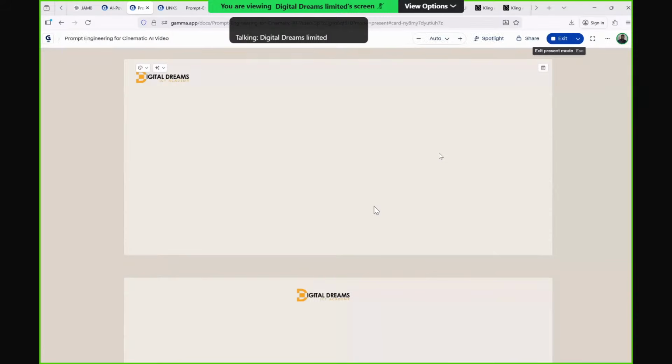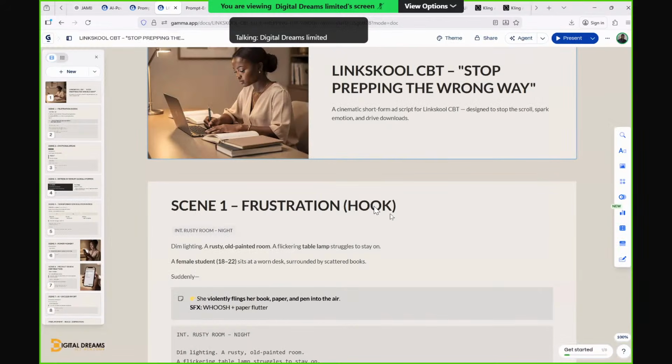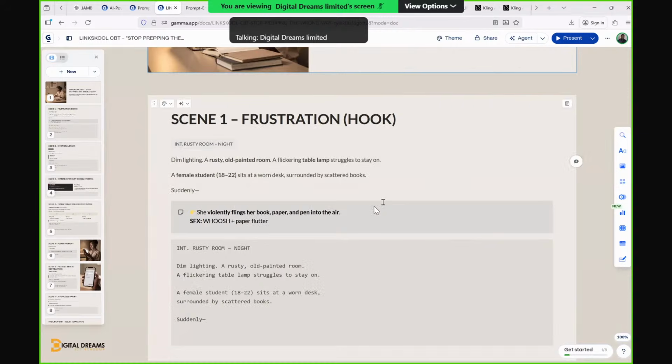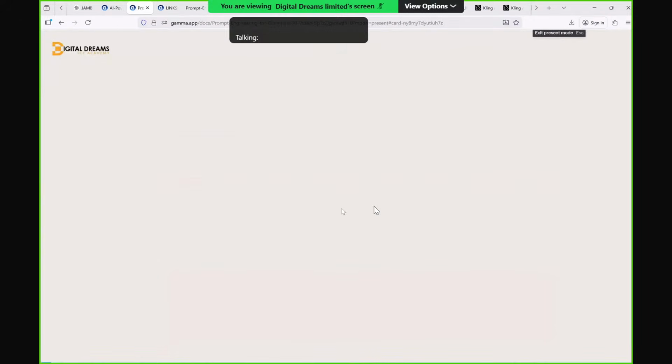Today we'll be discussing prompt engineering. Everything we have done all this while is a build-up to this class. We have done the introduction, and using AI to write scripts. But today we are looking at how we can create those videos and write better prompts for creating those videos. Today we are looking at prompt engineering for